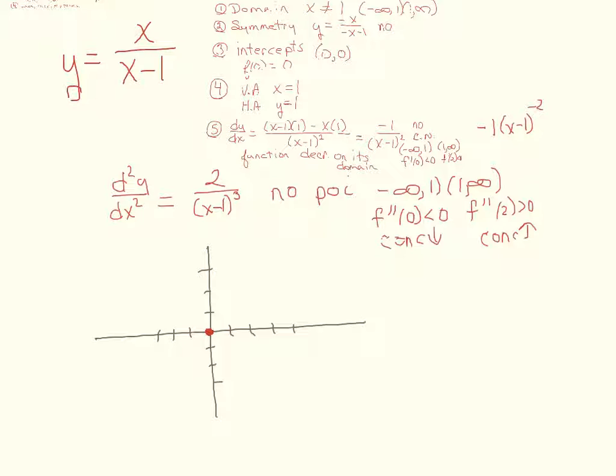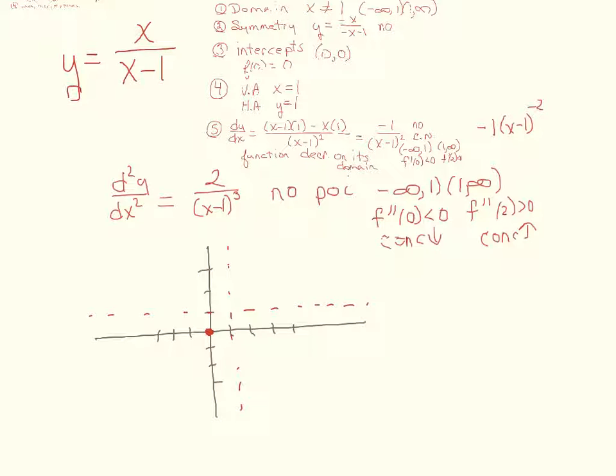We said that there is a vertical asymptote at x equals 1 and a horizontal asymptote at y equals 1, so I'm just going to lightly graph those in there. And we have no maximums and minimums. We have no points of inflection,